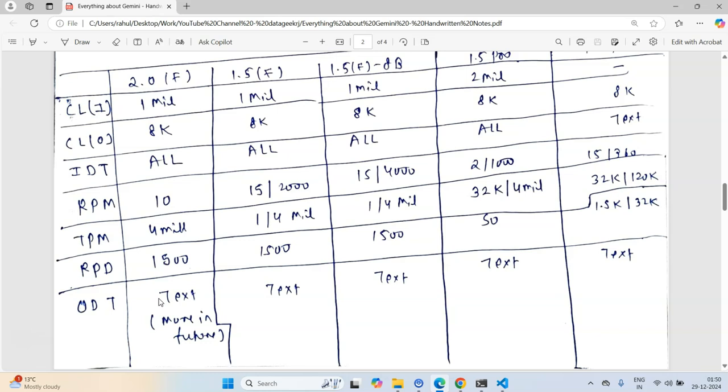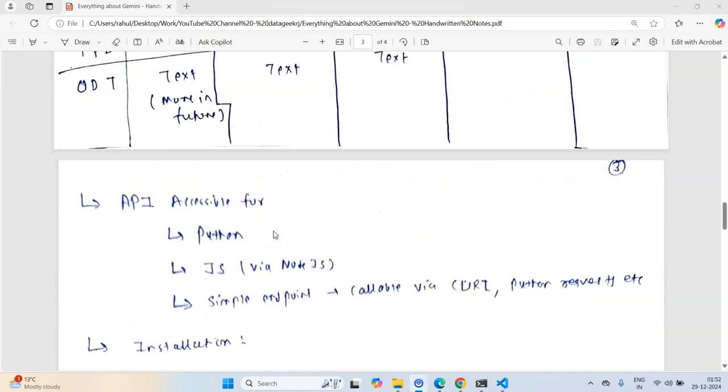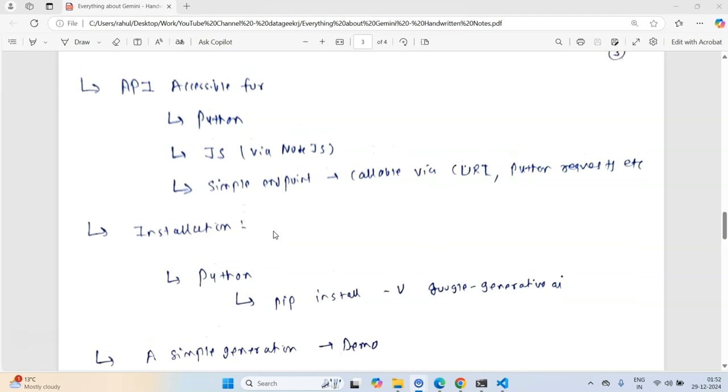So far we have only talked about the theoretical aspects and what underlies these models. Now we will be talking about how to use these models in Python. Let us now move on and see the Gemini API and the different capabilities it offers. What I have done is I have gone to the official documentation that Google provides, and I've tried to cover almost all the topics covered in the Gemini API's official documentation, especially the Python one, not the JS one.